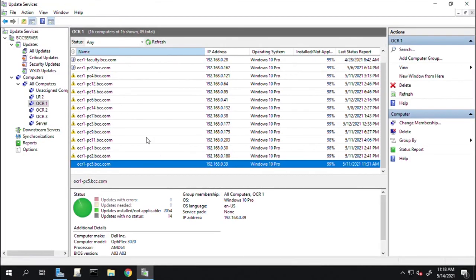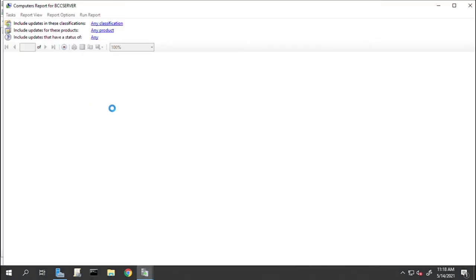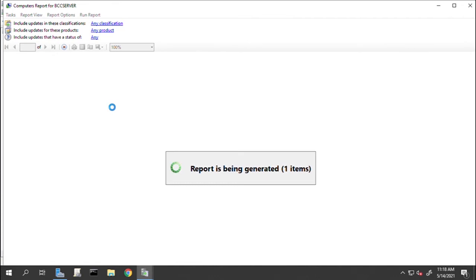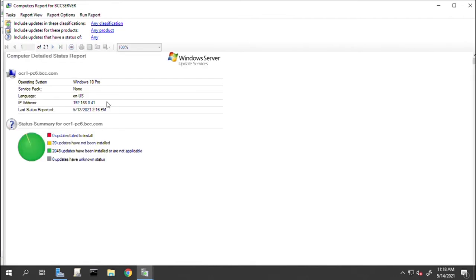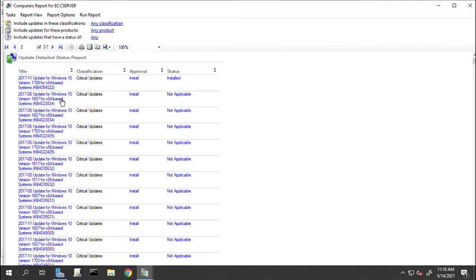But if you look at other computers which have an error, for example OCR1 PC6, it has some updates which are approved, but only some of them are installed. Most of them are not applicable. When it says not applicable, either the machine is already updated or this particular operating system or version doesn't need this particular update. So based upon the requirement, the computer automatically takes the update.